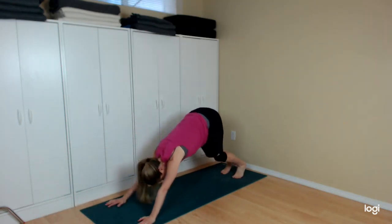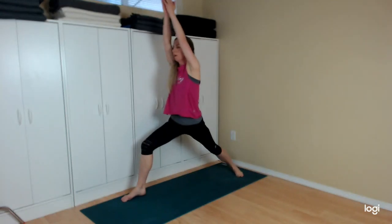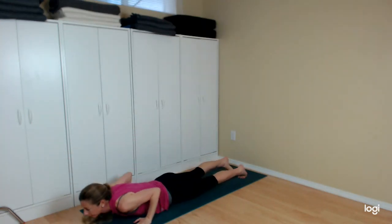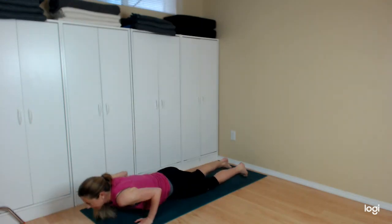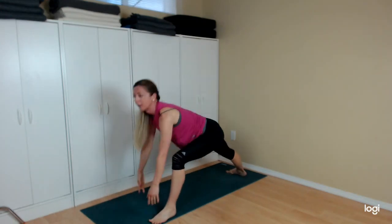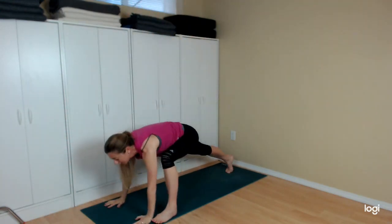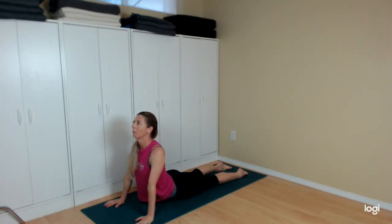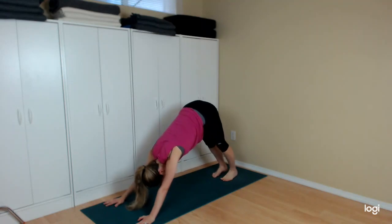Exhale, downward facing dog, right side, warrior one. Inhale, all the way up. Exhale, all the way down. Inhale, up. Exhale, down. Other side. Inhale, all the way up. Exhale, all the way down. Inhale, up. Exhale, downward facing dog or child's pose